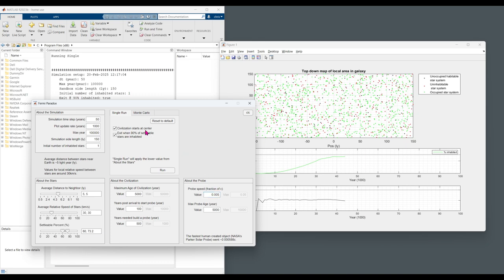And let's say the probes are only able to go 0.5% of the speed of light. And we still have the checkbox, so civilizations will start in the center of the plot and expand from there, and the simulation will end when 90% of the settleable stars are settled. So clicking run,